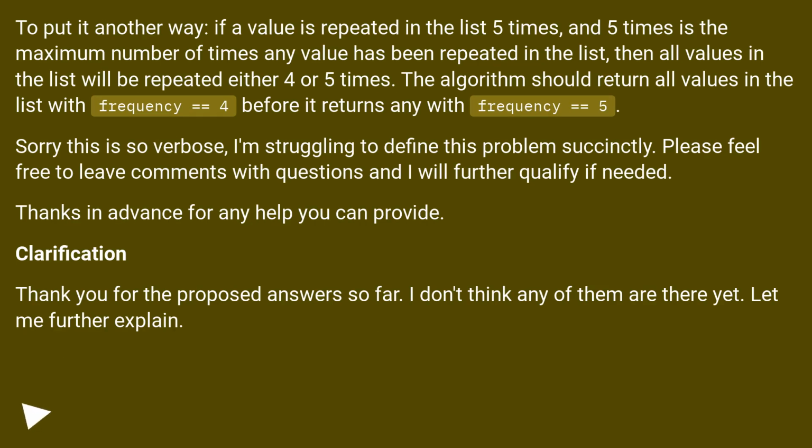To put it another way, if a value is repeated in the list 5 times, and 5 times is the maximum number of times any value has been repeated in the list, then all values in the list will be repeated either 4 or 5 times. The algorithm should return all values in the list with frequency equals 4 before it returns any with frequency equals